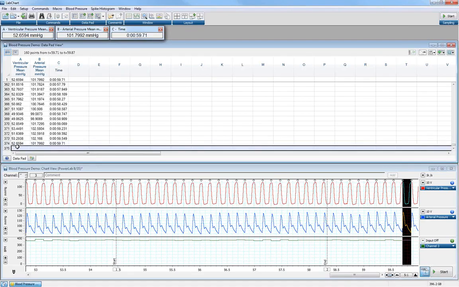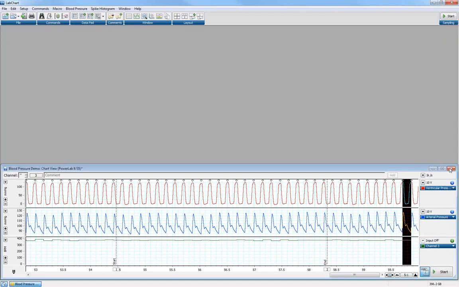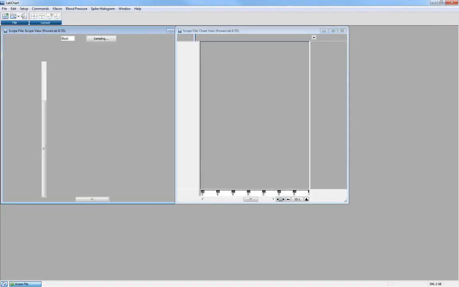And the final way I want to show you of adding data to the data pad using this multiple add feature is using scope pages. And to do that, I'm actually going to open a separate file. Okay, so I'm just going to close this file completely, and I'm going to open a separate file here,